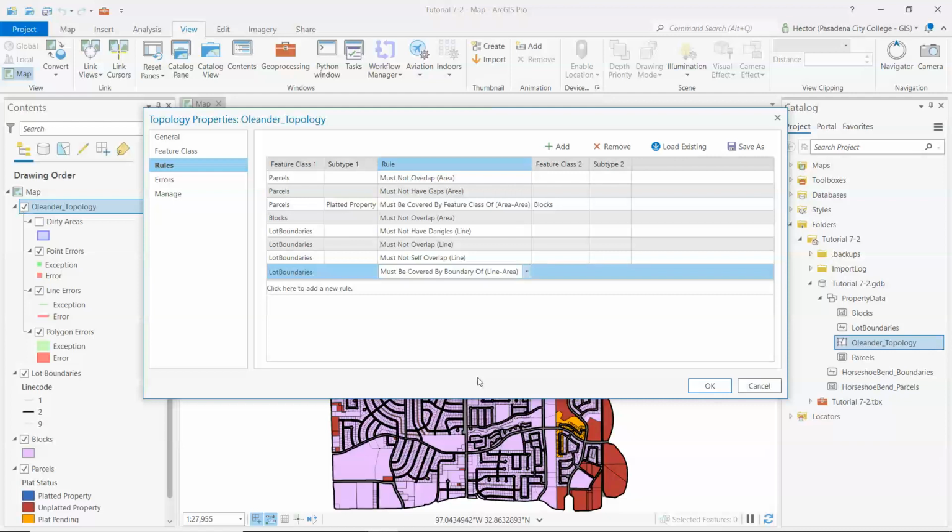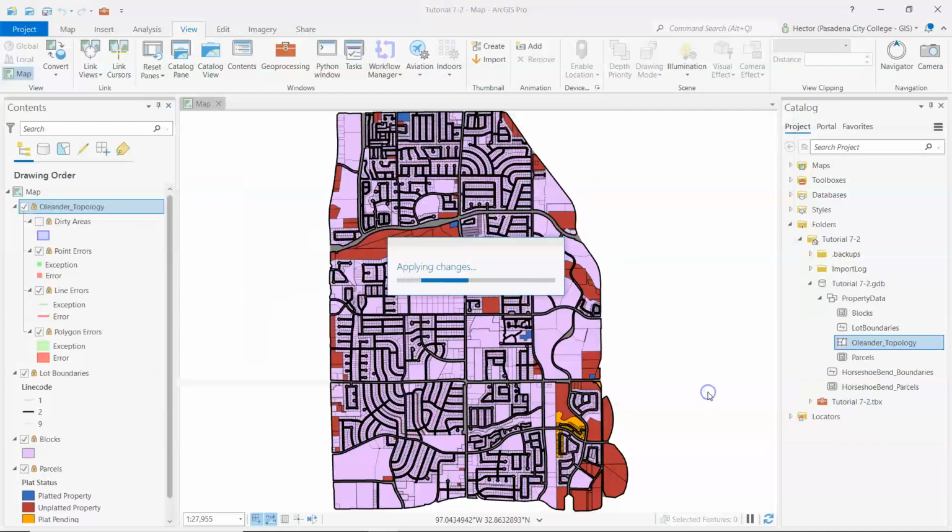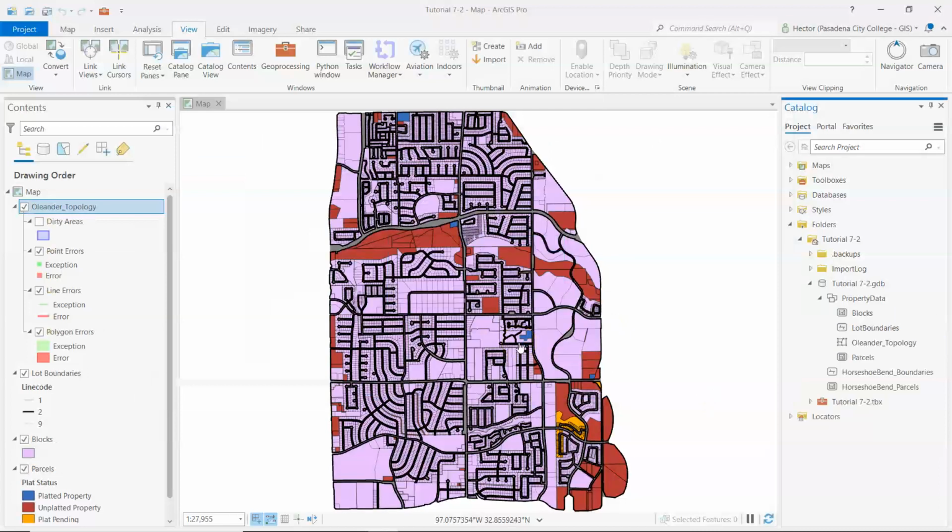Okay, got it. And then feature class 2 is parcels. So it was good it caught me on that error here. Okay, got it. So let's look at that again. So hopefully you didn't make that mistake. Okay, so if you did, we fixed it. We are now going to